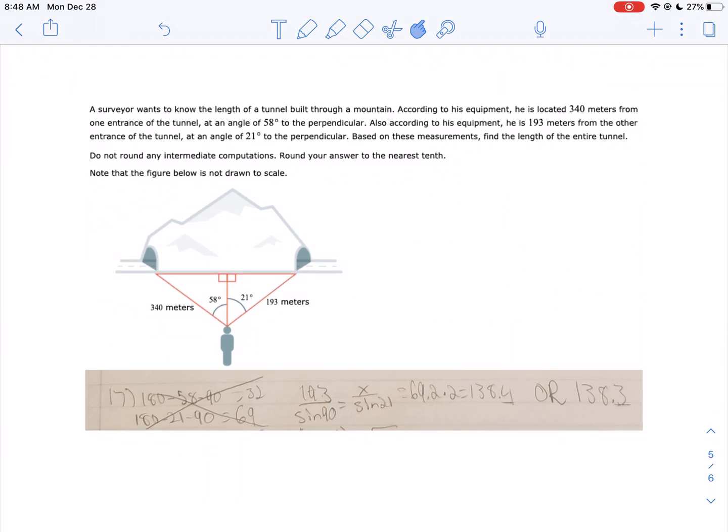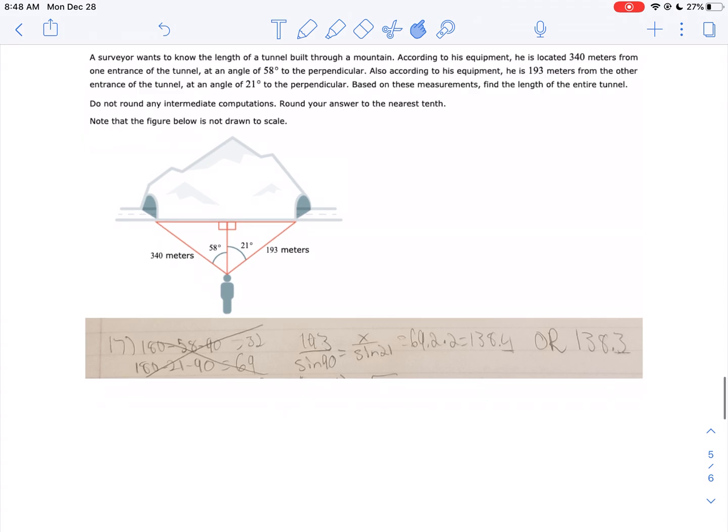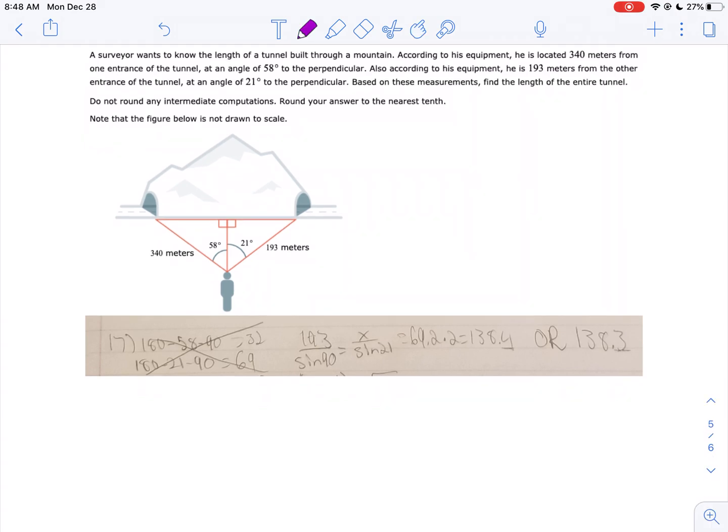And the same thing here. I don't know why you're using law of sines, because the sine of 90 is 1. But I guess there's nothing wrong with doing it that way. We want to find the length of the entire tunnel. So you're right, you want to use sine, and I'll go with what you did. So we're going to call this x. So the way you did it is right. 193 over the sine of 90, which is 1, equals x over the sine of 21. So in other words, x is